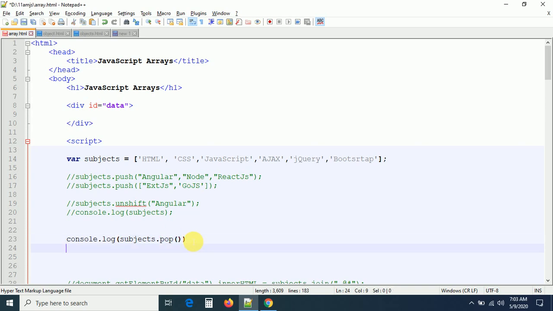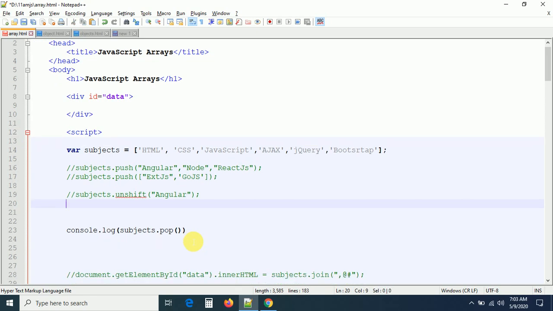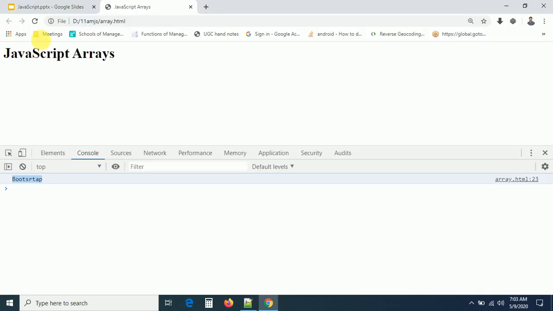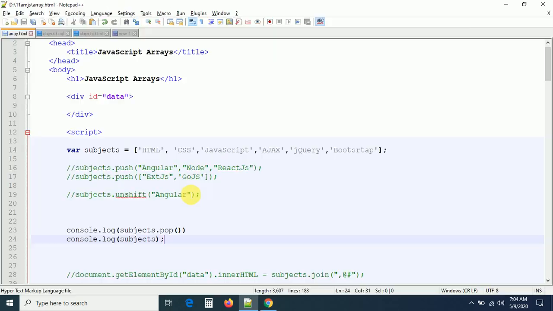After that, for the confirmation, if you want, you can go and print the array so that we will understand whether that array is containing the values or not, how many values are there, right? Let us go and check it. After deleting, I'm just printing my whole array. Now I cannot see bootstrap in my array. Can you see now there are 5 elements only? There are no 6 elements. The actual array is 6 elements.